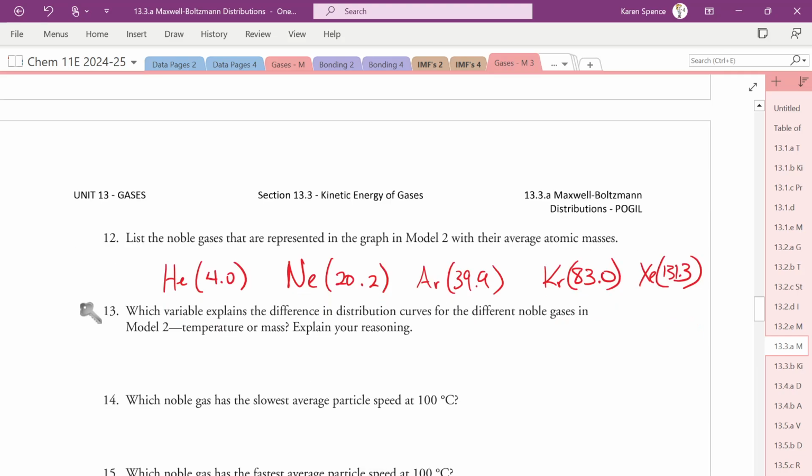All right. Which variable explains the difference in the distribution curves for the different noble gases in Model 2,